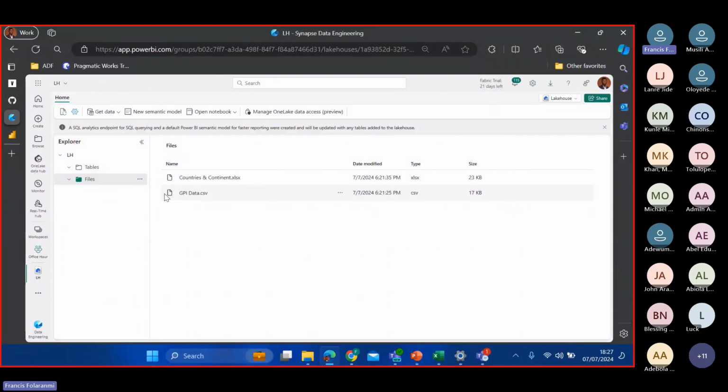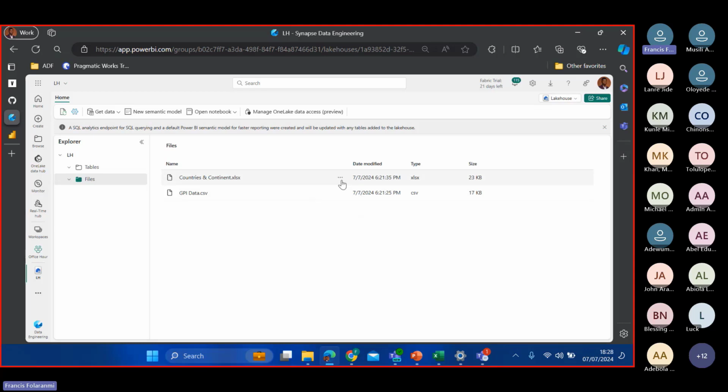I need to load my flat file, my CSV file, into a data lake table, where we can then use our data flow or maybe our data pipeline to bring it in and transform it better. Now I made one little mistake, and I'm glad I did, because you can only load data that is in CSV file into your lakehouse. If I click on this ellipsis right here, I'll have this load new table. But for an XLSX file, that feature is not available as of today. So your file has to be in CSV format before you can load it directly into a data lake table.